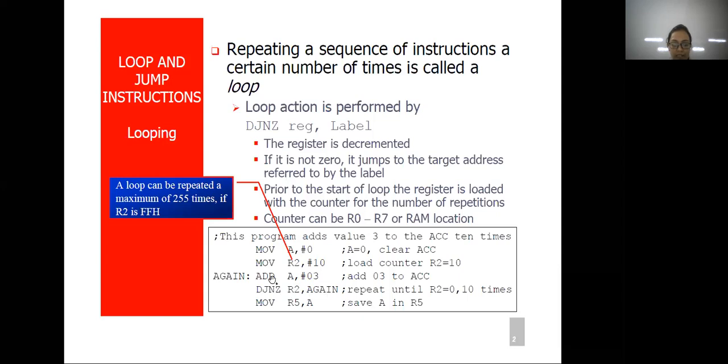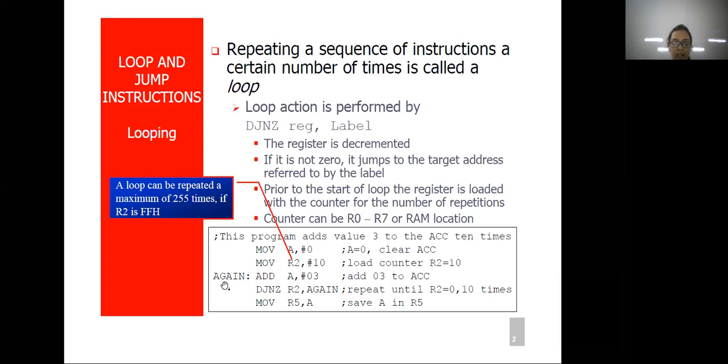Let's take the example given here. In register A, initially it has been cleared, or loaded with 0 content. The next instruction says that R2 is loaded with value 10.